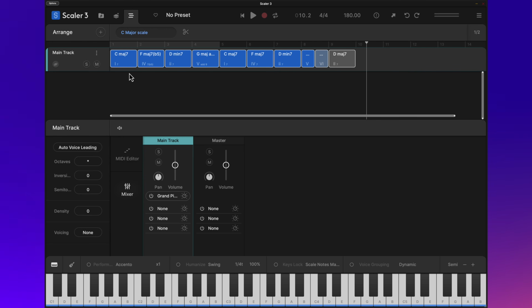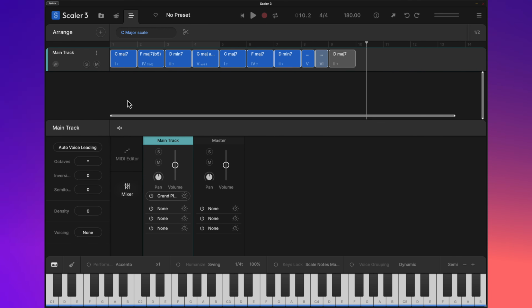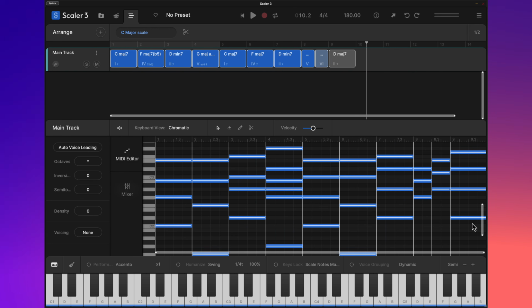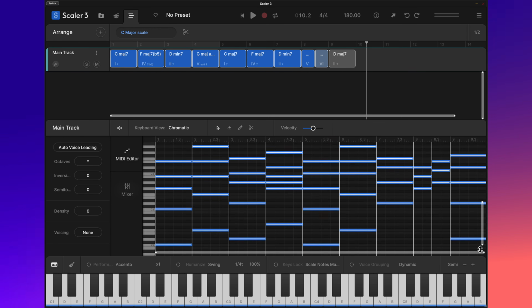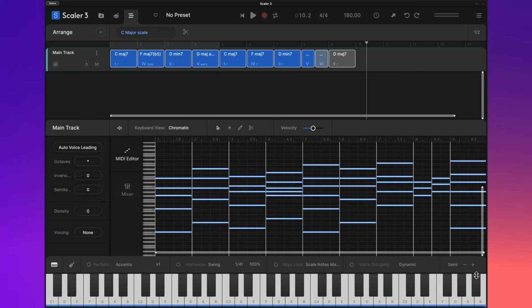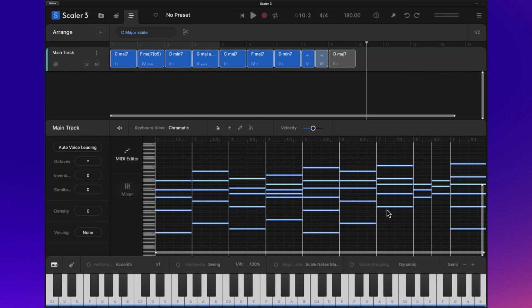So what you do there is you select them and have a look at the MIDI editor that is in Scalar 3. And over here, you can see all the chords. So I'm dragging down on this scroll bar so you can see them. And there are the chords to this. And you'll notice that they have 4 or 5 or 6 notes per chord, except for the 2 new ones we placed in. So to fix that up, you can click on the pencil and you can say this is